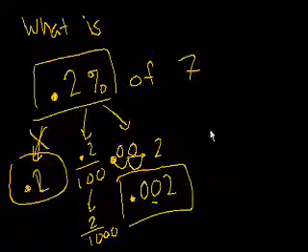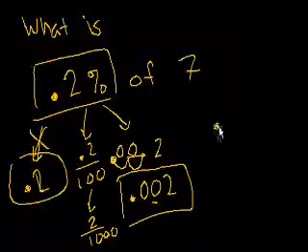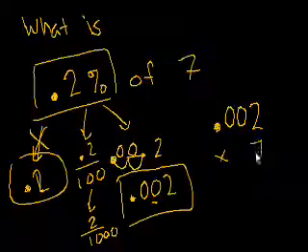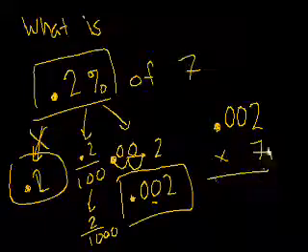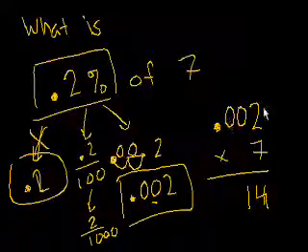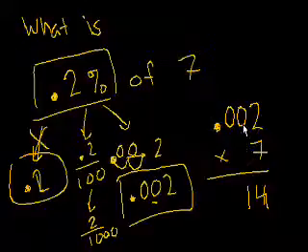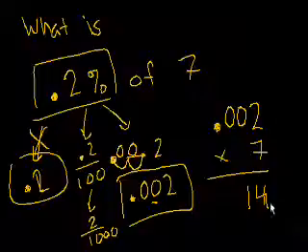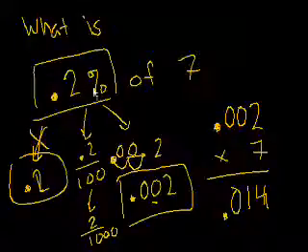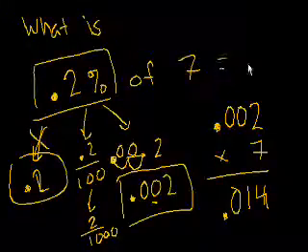So we say 0.002 times 7. Well, this is pretty straightforward. 7 times 2 is 14, right? And how many total digits do we have behind the decimal point? Let's see. It's 1, 2, 3. So we need 1, 2, 3 digits behind the decimal point. So 0.2% of 7 is equal to